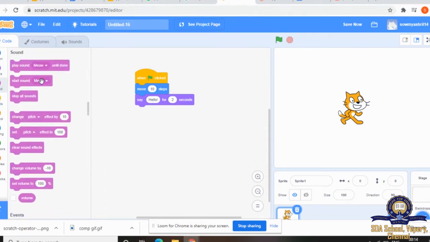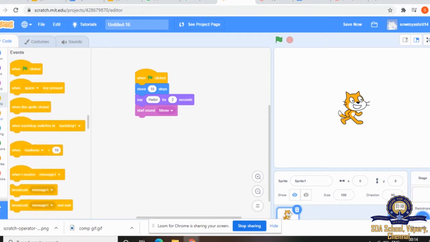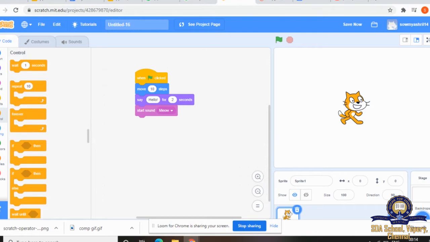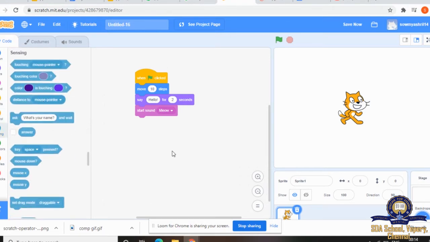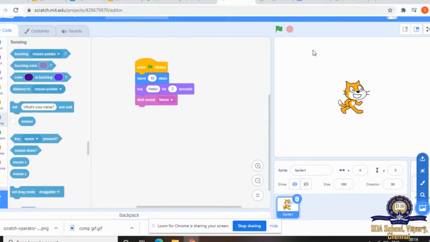You can give your sound. Then, that is enough for the sprite. Now we'll create the backdrop. See, this is the plain backdrop. This part is called the stage.